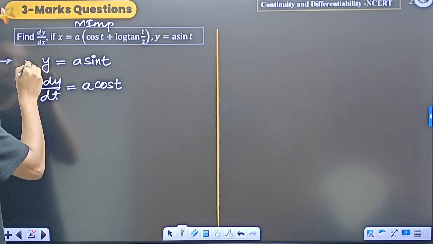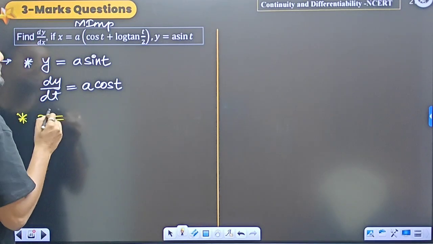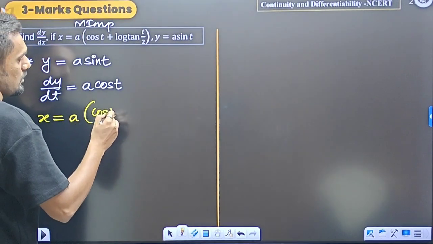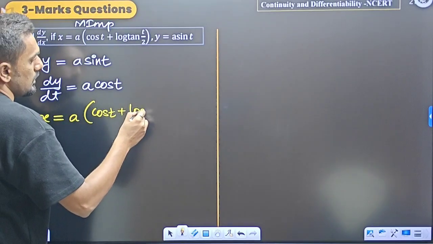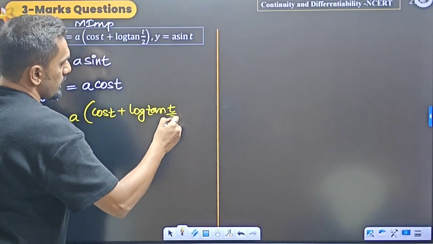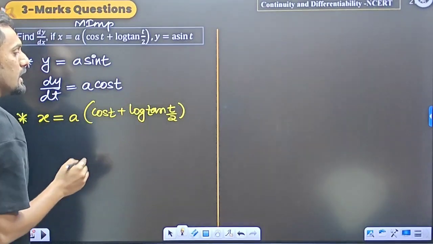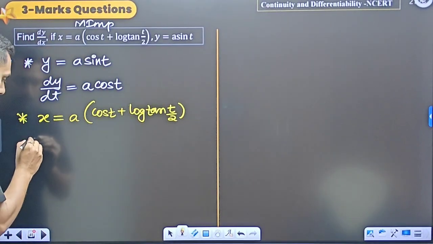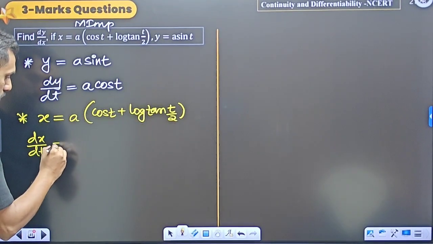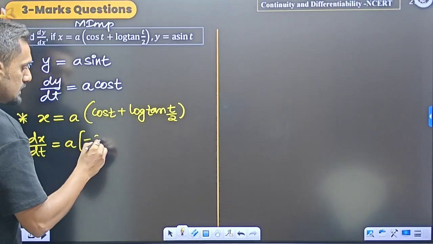Then we will consider x is equal to a multiplied by cos t plus log of tan of t by 2. If I differentiate this again with respect to t, then dx by dt is equal to a, a constant, keep it as it is, the derivative of cos t is minus sin t